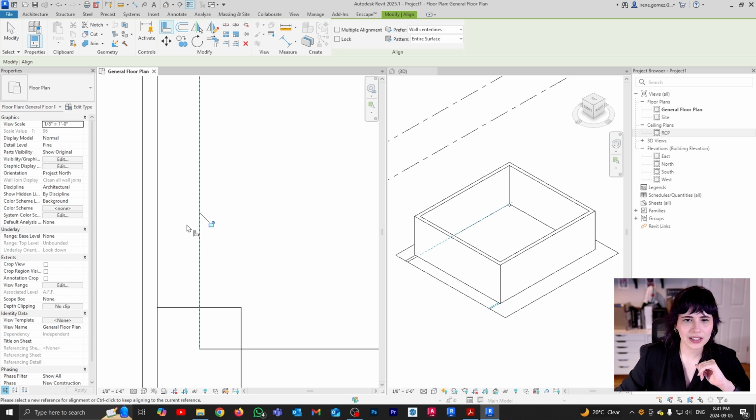Now you're going to notice this little lock here. I'm not going to click on it. So this lock basically links two objects together. That would mean that if later I move the AutoCAD line, this wall will follow. Now this can be a fantastic tool in some scenarios, but the way that I want you to think about